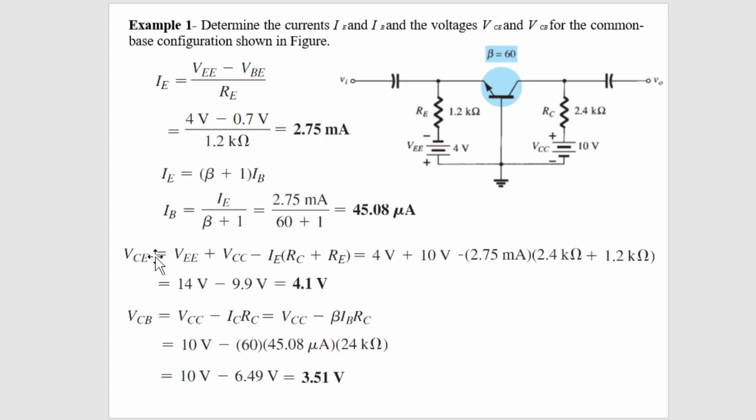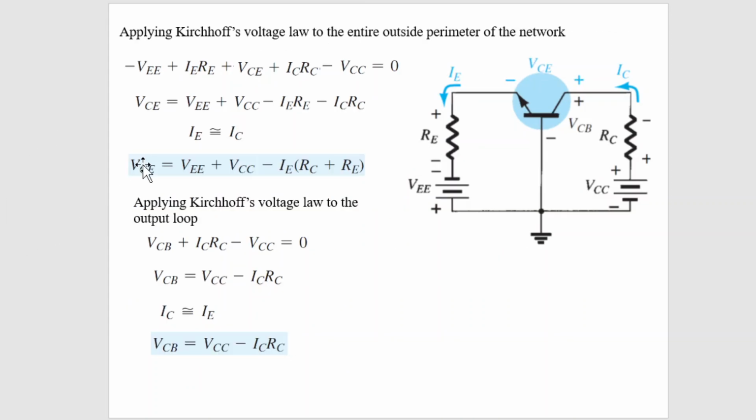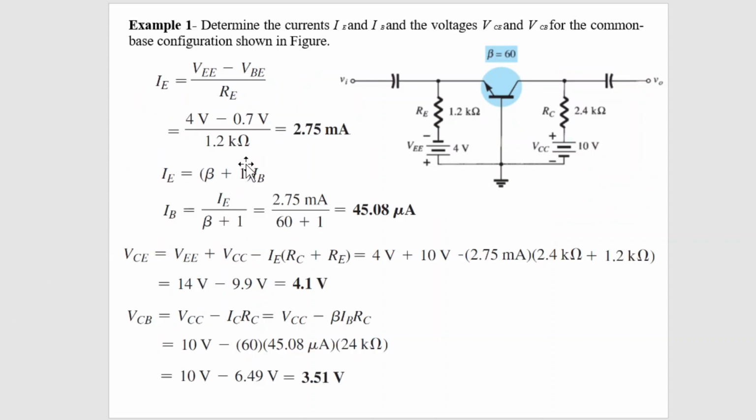So if you calculate the collector emitter voltage, we have calculated the emitter current and base current. If the emitter current is known, as I explained in theory, this emitter current can be approximated as the collector current. So this emitter current is equal to the collector current also. We can approximate that, and the base current we have determined. So the collector emitter voltage can be calculated. It will be equal to this voltage plus this power supply minus the current into this resistance plus this resistance. So that is what I did.